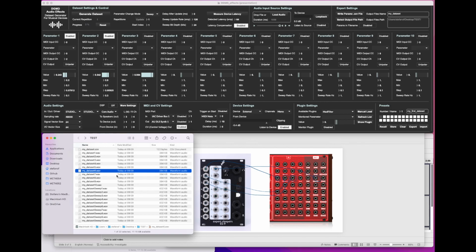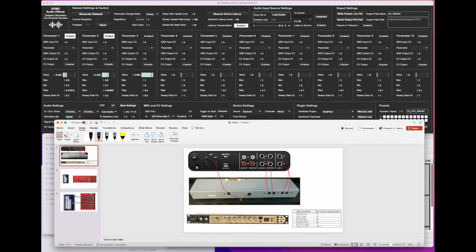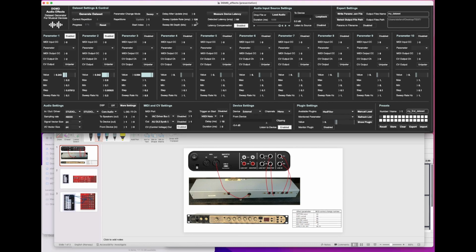Now, if we are sweeping parameters, but these parameters control a MIDI interface, so we are controlling, for example, the parameter of the Zoom Studio, probably it is not appropriate to consider 24 bits for the sweeping